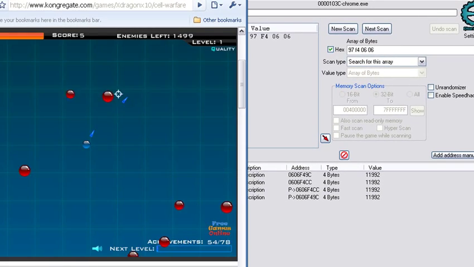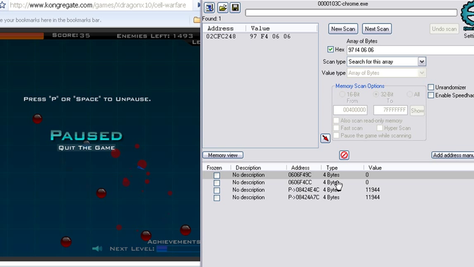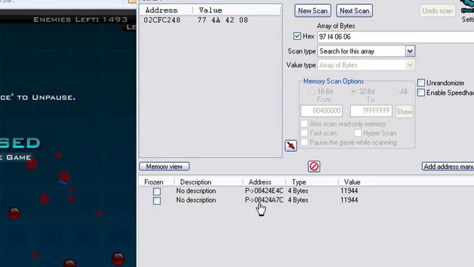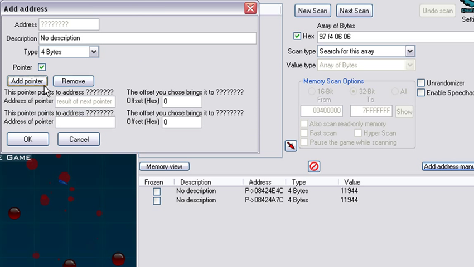And if we were to kill a few more enemies, we'll notice that our originals got zeroed out, but our pointers stayed. If you want to know the variable name for these values, you can do that by adding an address manually that points to the text. To do that, add an address manually, click on Pointer, click on Add Pointer, and we will type in the address that's currently being pointed to,